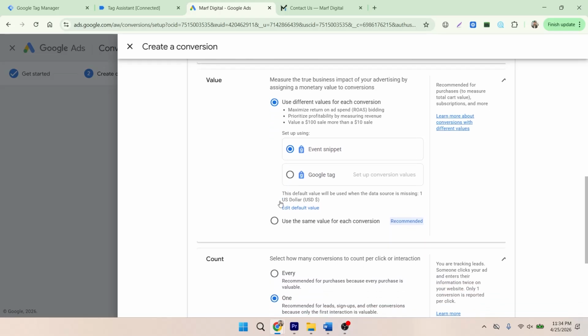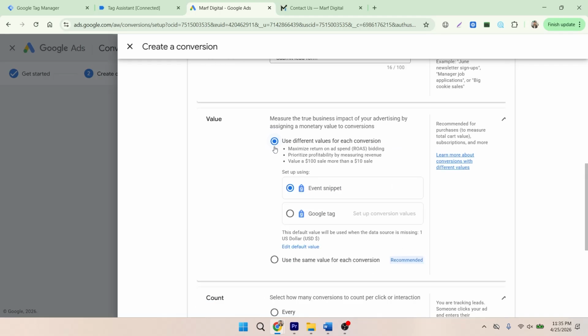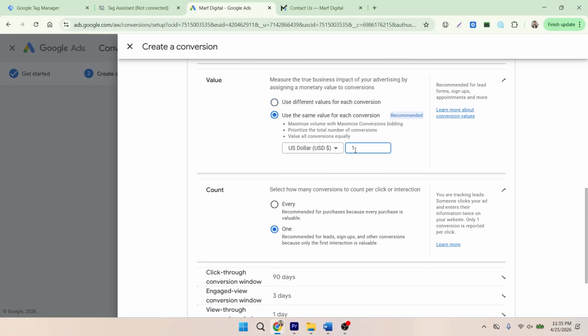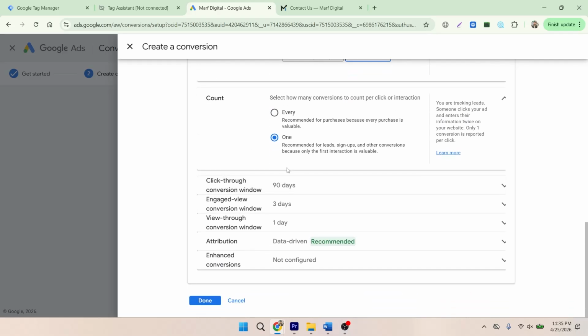Now we will use the same value for each conversion. You can see I can use different values for each conversion setup using an event snippet or Google Tag Manager, but we will use the same. So I will put a value of 10 USD, and we will count only one, and